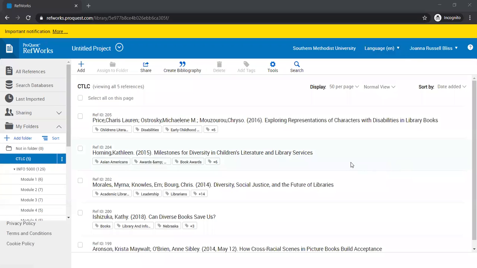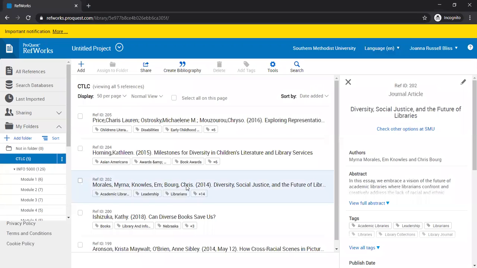So once you have added your resources to RefWorks, you can use its tools to add notes to your resources within the software, and you can also use folders to organize the resources that you've collected for a particular paper or project. So for example, if I wanted to add notes on this title, I would click on that title